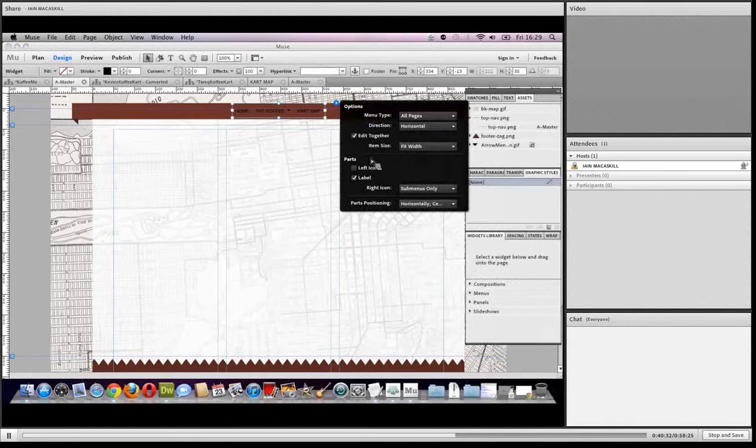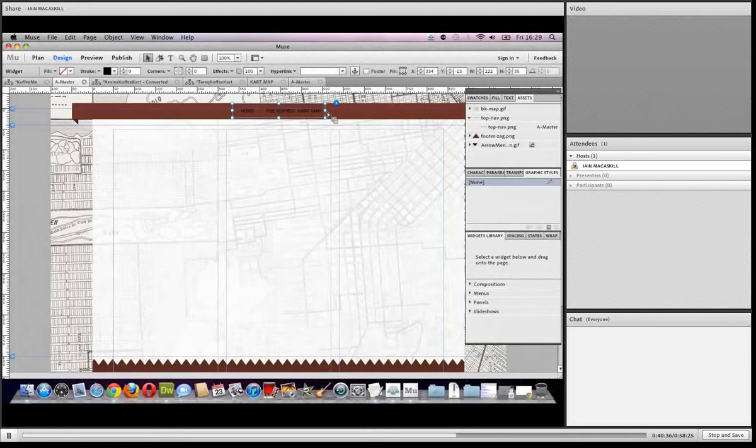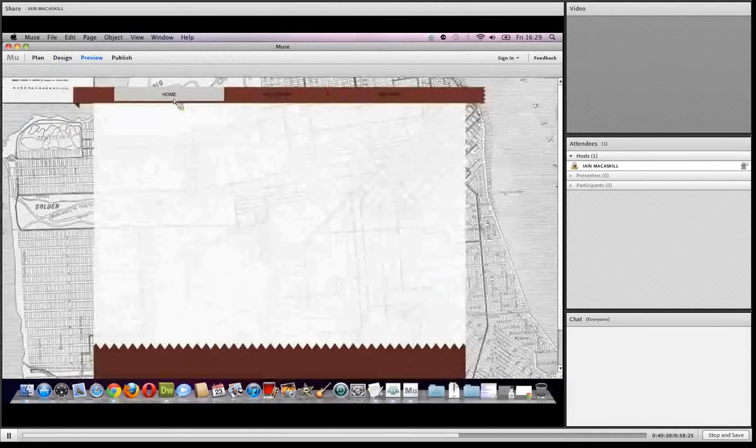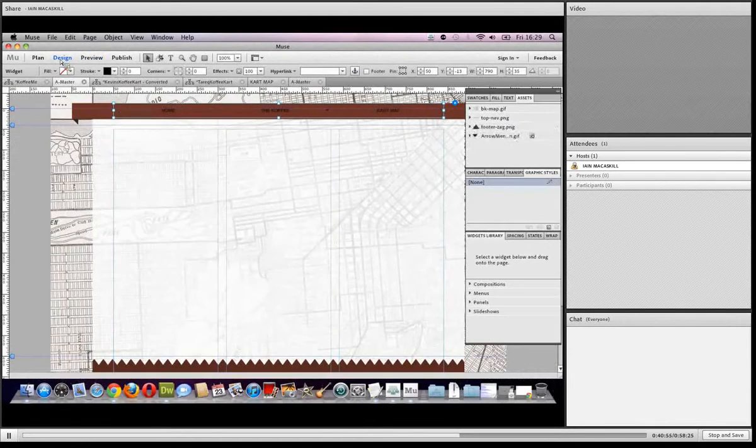Okay, maybe if we come over here and change this to item uniform width. There you go. So I can then resize it and align it to the edges of the column. Whoops. Undo, select that. And as you can see, when I do that, it automatically resizes accordingly. So again, I go back to preview. As you can see, home, the coffee, origins, and then cart map. Okay, so if I go back to design,